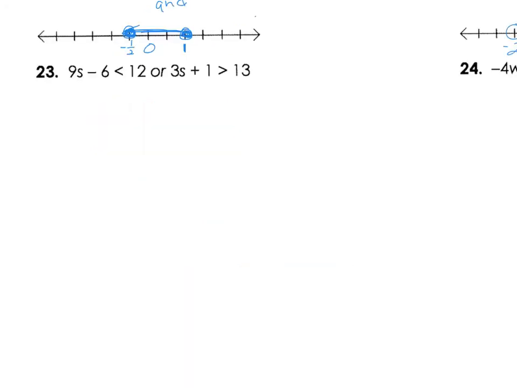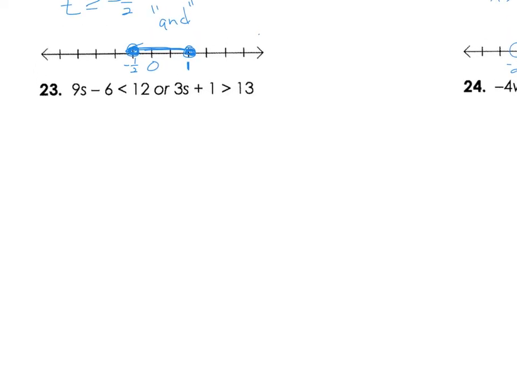For 23, these are two separate inequalities because they're ors. So I'm going to focus on this part right here, and we need to get s by itself. I'm going to add 6 to both sides. That gives me 9s is less than 18. Divide by 9: s is less than 2,